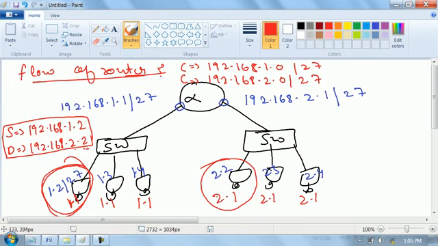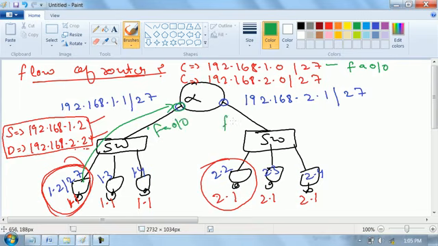Fine. मैंने पैकेट भेजा, सोर्स क्या है 1.2, डेस्टिनेशन इज 2.2। यूजर ट्रैफिक सबसे पहले किसके पास भेजेगा? डिफॉल्ट गेटवे के पास। राउटर विल रिसीव ट्रैफिक ऑन दिस इंटरफेस, लेट्स से दिस इंटरफेस इज FA0/0,